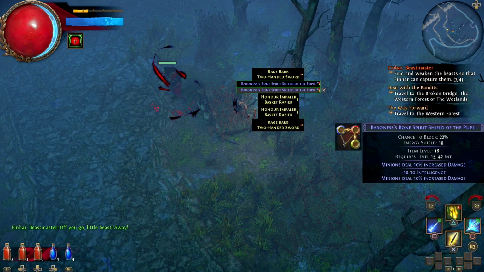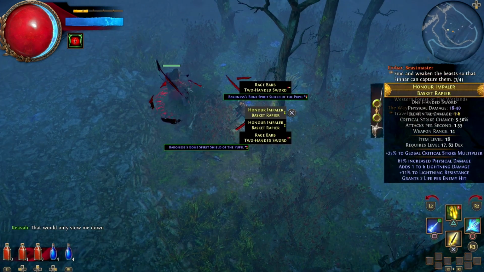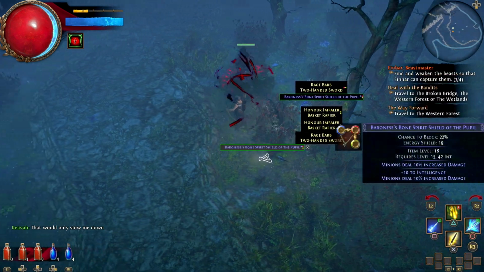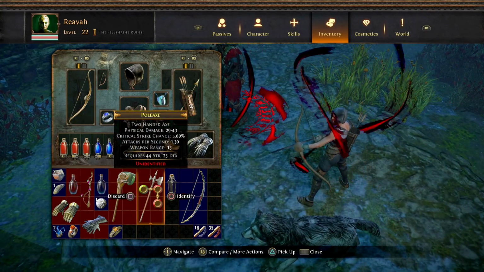Bloody hell. Right, okay. Well, we're definitely taking that. That would only slow me down. Oh, fucking hell. Right. Well, I want those two because they give me an extra one of those. It's because I've picked up that. Right, let's get rid of that axe. I don't think it's going to...